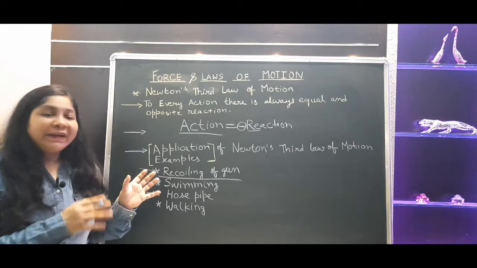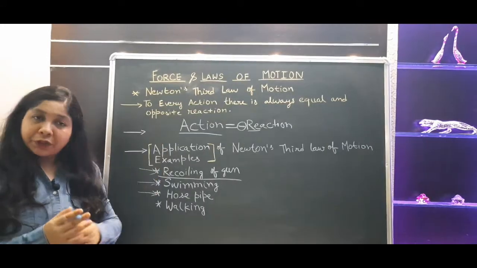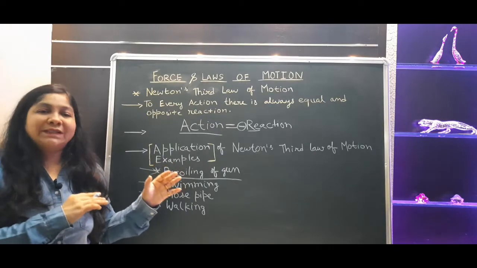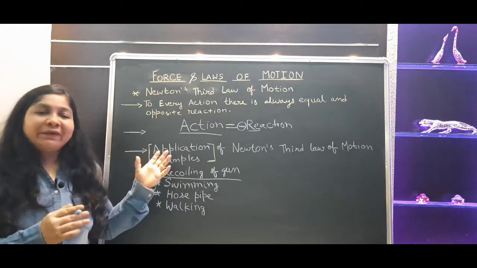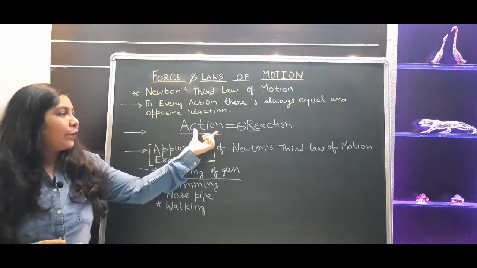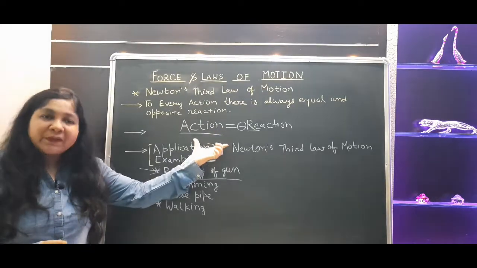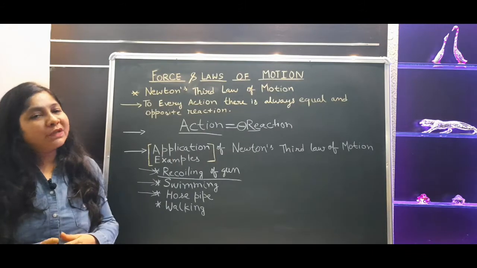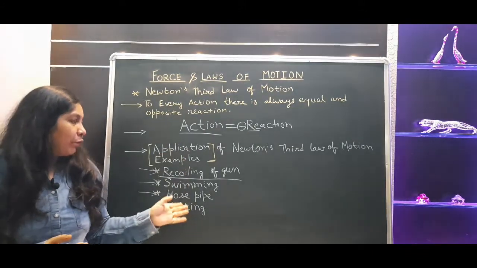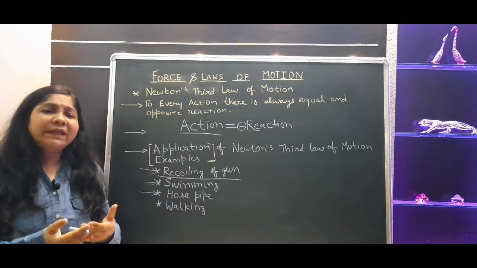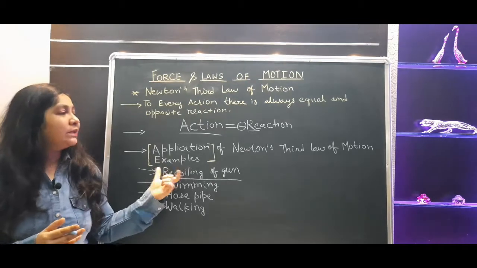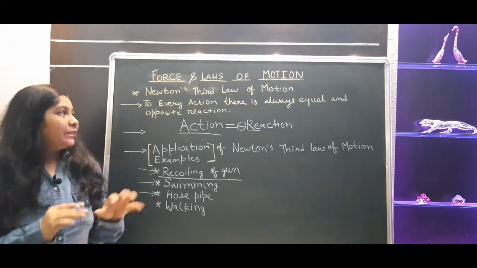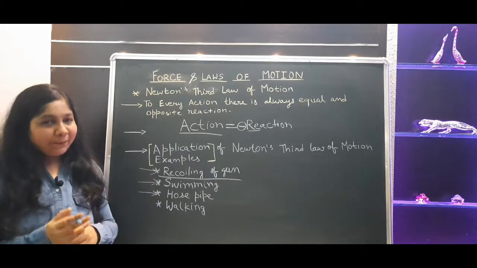So here we discussed what Newton's third law of motion is. It is a very simple law as compared to Newton's first and second law. If you look, definitely it is very simple. The single statement that you can write here is: to every action there is always an equal and opposite reaction. Here are some phenomena, or applications or examples, of Newton's third law of motion. Hope it is clear to you. Now this Newton's third law of motion is completed here.